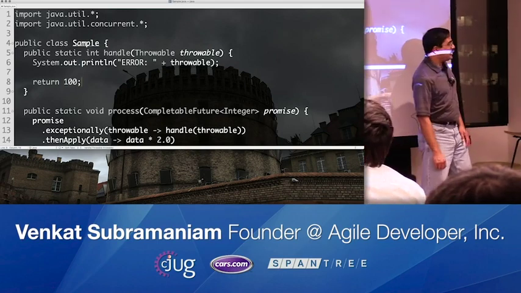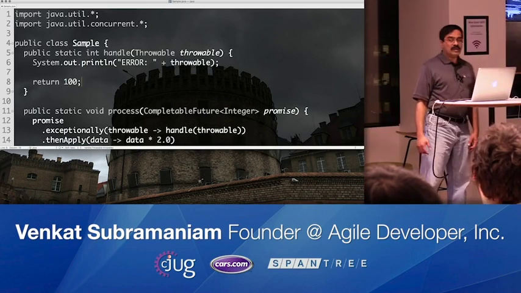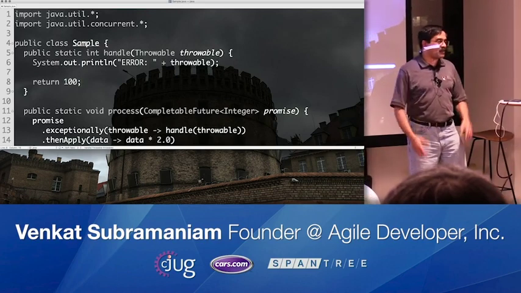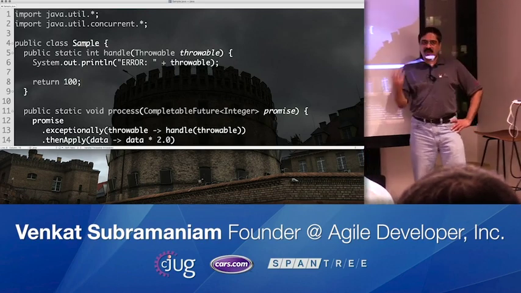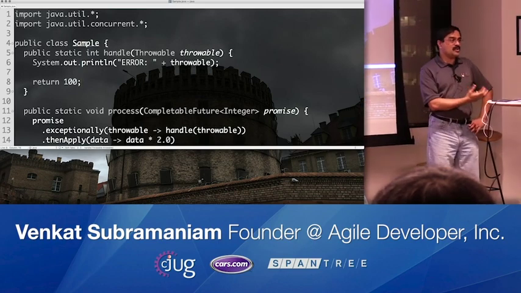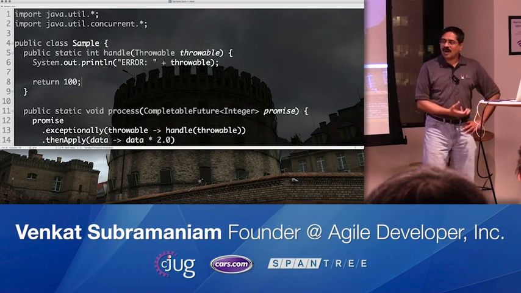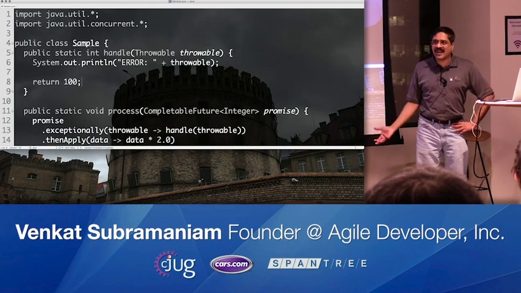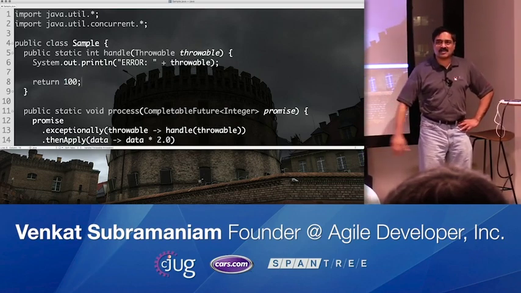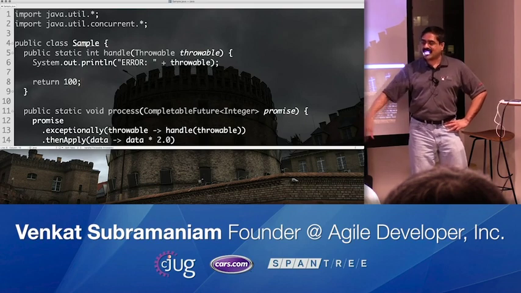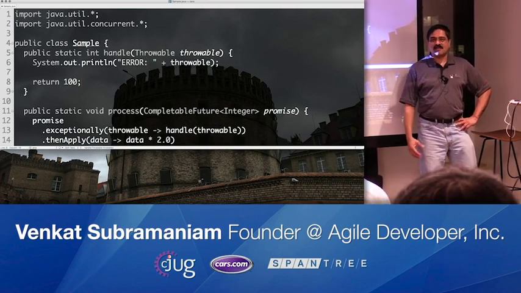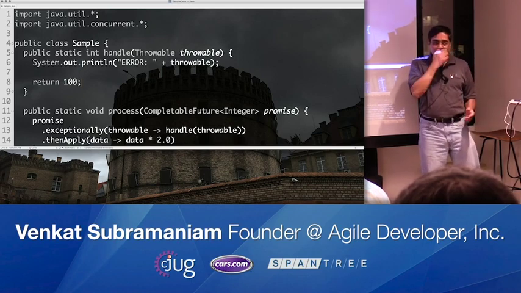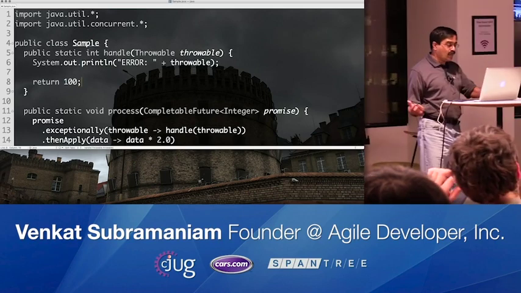Well, maybe you are trying to make an asynchronous call to find some particular property for a customer. And you run into an issue, you couldn't find that property, and now you're thinking, gosh, I couldn't get this data. I could tell my user I can't serve them, or maybe I can substitute a reasonable value. Maybe it's a coupon discount you're providing. You want to know what discount to provide to the customer based on their past purchase history. Maybe you're not able to get to that information, but you don't want to let go of the customer. Maybe you can give them a different discount just to keep moving, right? Or whatever the business scenario, maybe you can decide it.